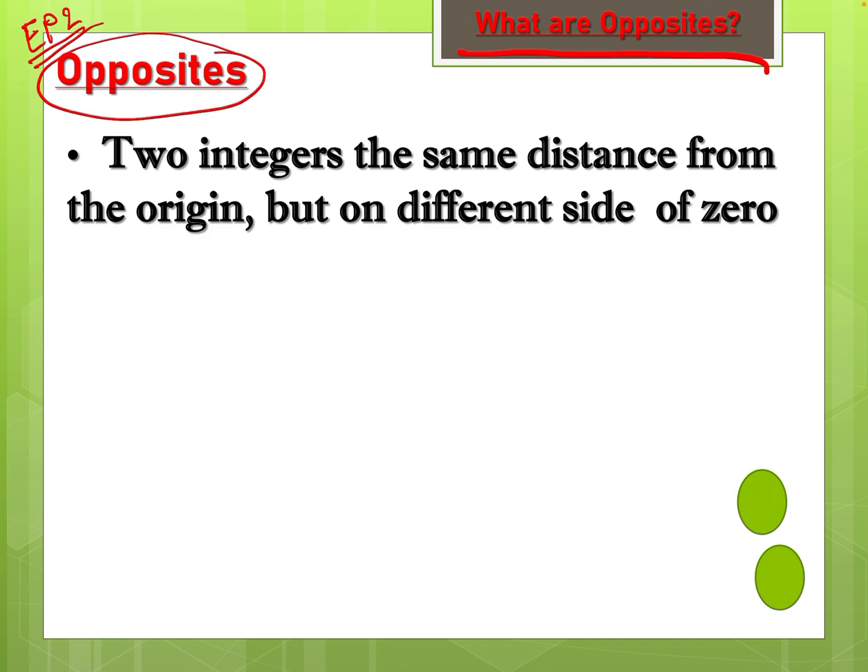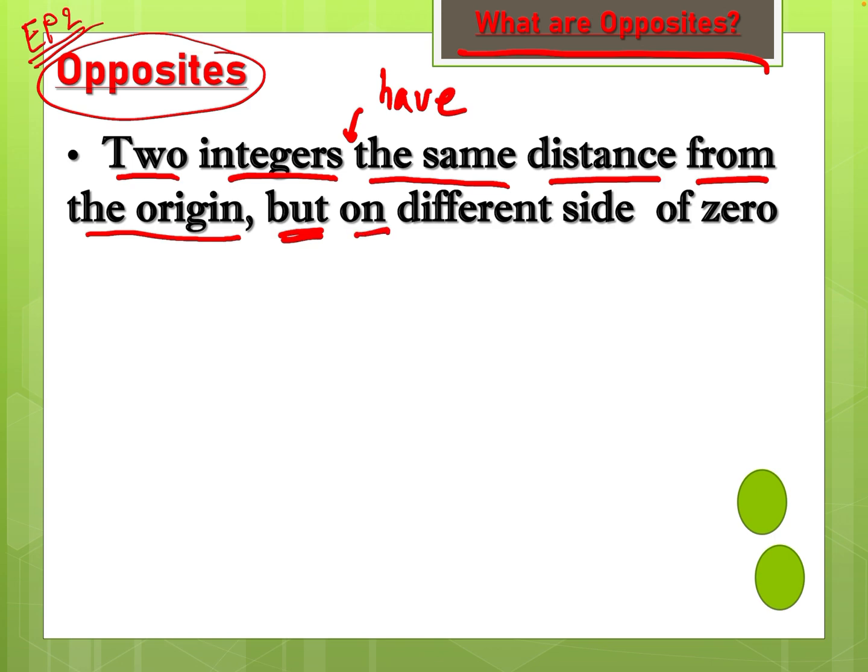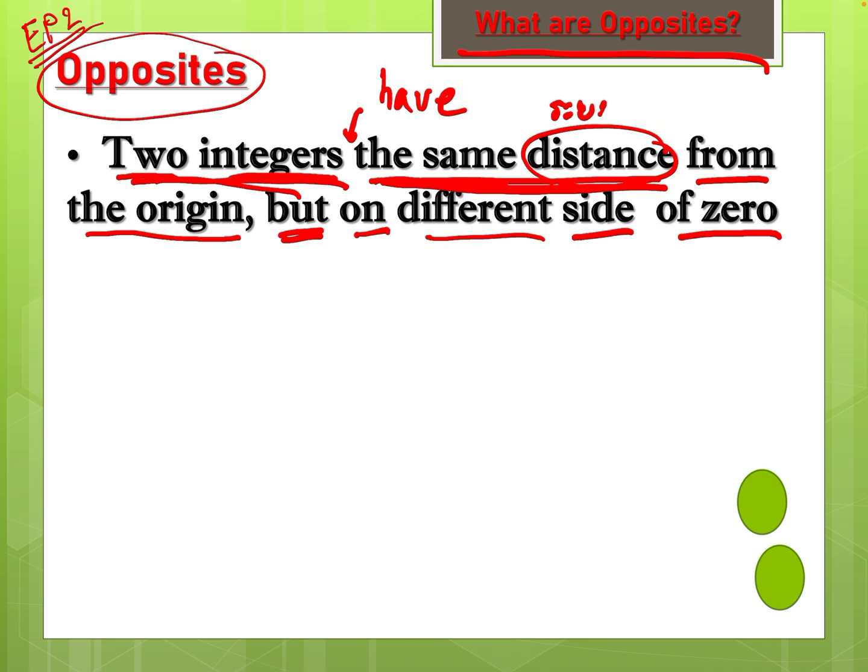Opposites. What are opposites? The opposites means two integers the same distance from the origin, but on different sides of zero. Two integers, ก็คือจำนวนเต็ม 2 จำนวนนะคะที่มีระยะทาง distance แปลว่าระยะทางนะคะ